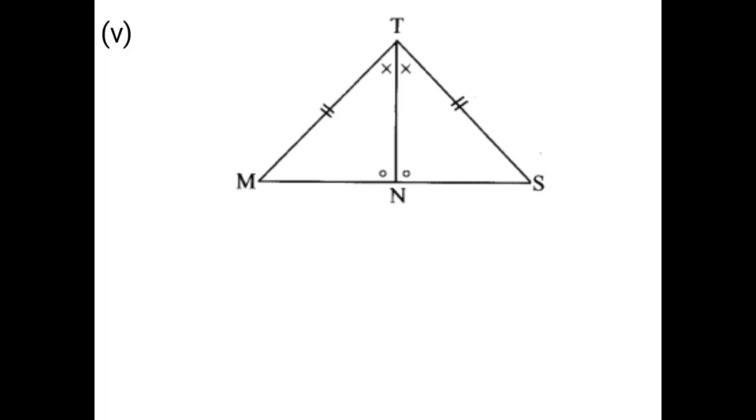Of this given figure, the triangles are divided into two equal parts, that is triangle TMN and triangle TSN. In triangle TMN and triangle TSN, side MT is congruent to side ST. After side MT and side ST are congruent, then angles are congruent. The 2x mark which is given means two angles are congruent of these two equal parts of the triangle. That is, angle MTN is congruent to angle STN.